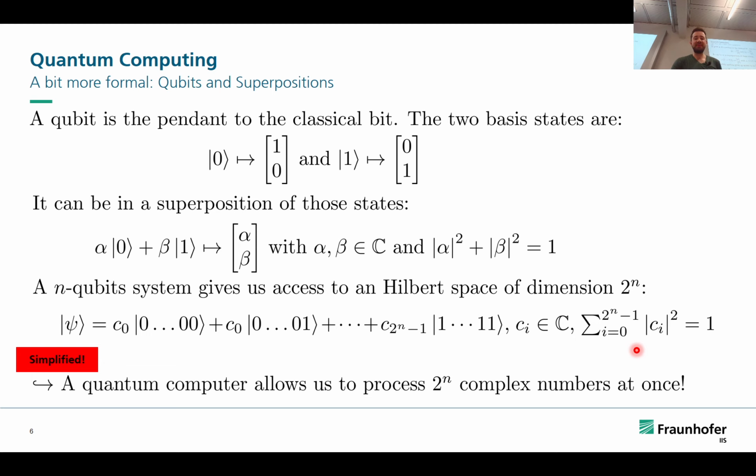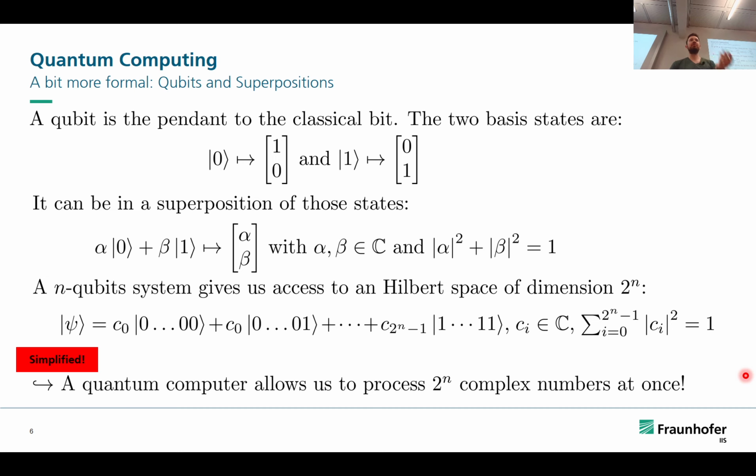And now the next statement is a bit simplified, but what you usually also read in the news is that quantum computers are so powerful because you can do an exponential number of computations at once. And yeah, this is true to some parts, because we basically can process all of these 2 to the power of n complex amplitudes we have here in one go. So we really have this somewhat exponential speed up, but you have to be careful with that, because